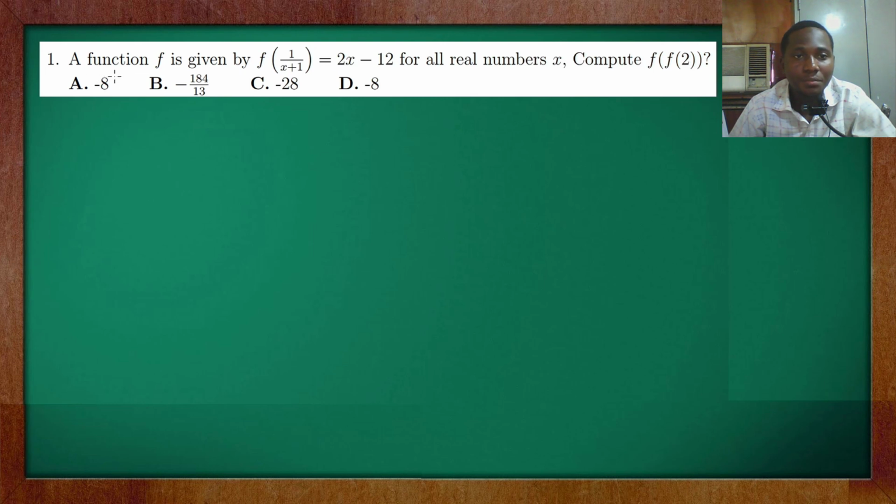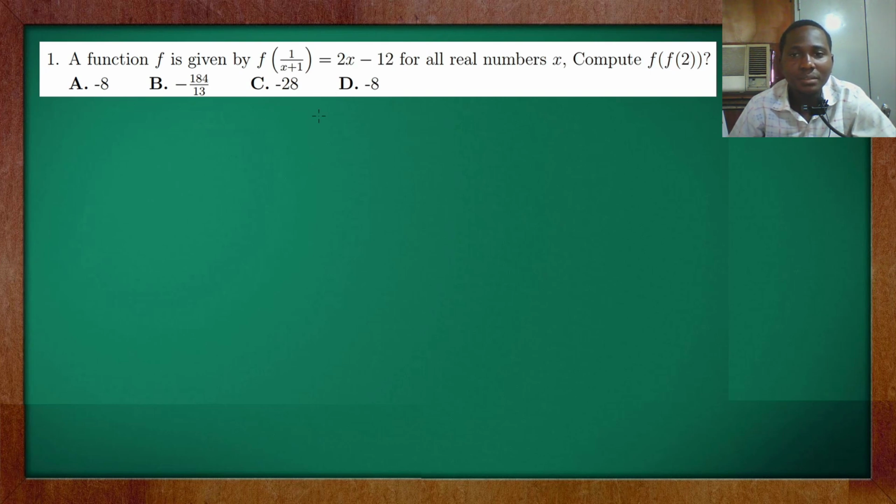In this question, they said a function f is given by f of 1 over x plus 1 equals 2x minus 12 for all real numbers x. Compute f of 2. Now, in this question, we want to compute f of 2. But we are given f of 1 over x plus 1 to be equal to 2x minus 12. Here we are not given the conventional f of x equals a particular value, but the idea is